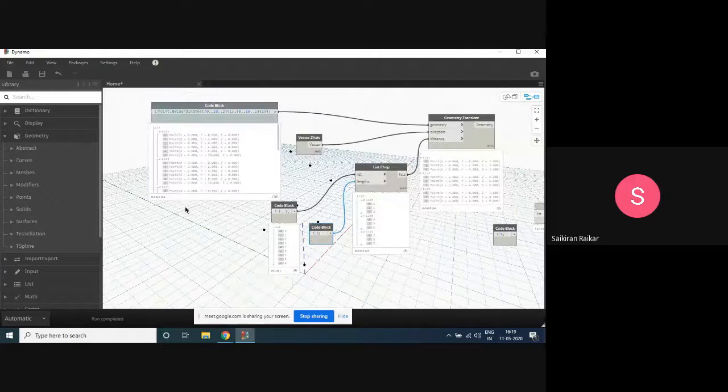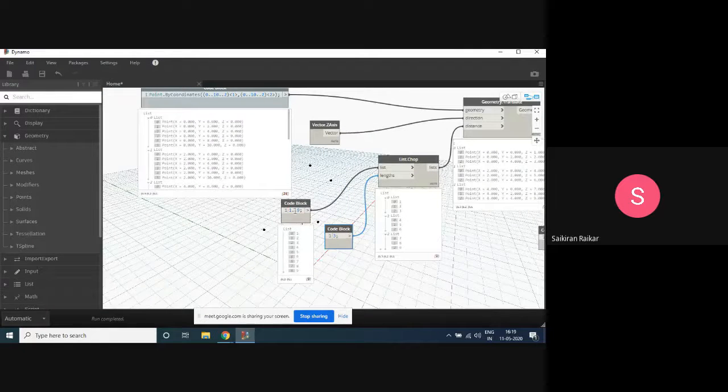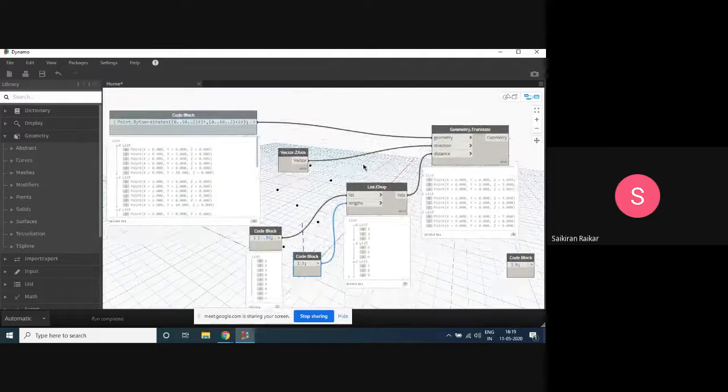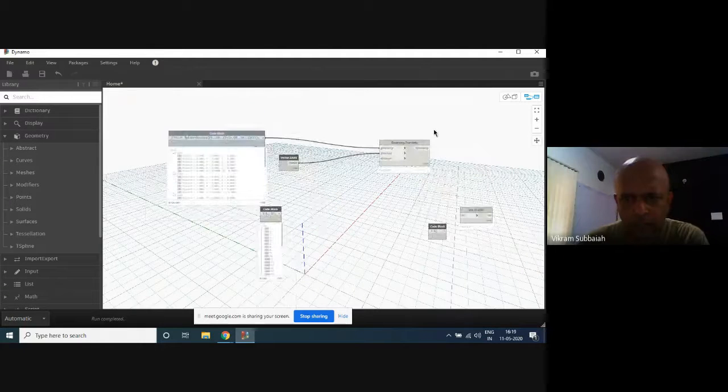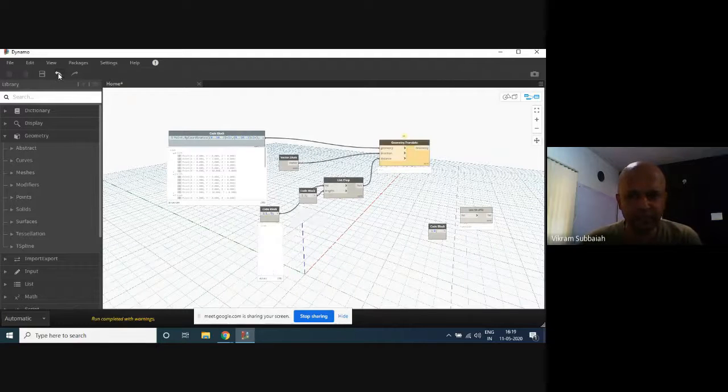You have shown some different methods, but they are confusing. You have shown list chop, and you have used list flatten, and you have used list shuffle. What is the effect on the individual list is a little confusing. Okay. What have I actually tried to demonstrate here?